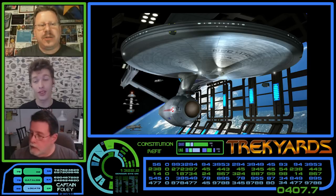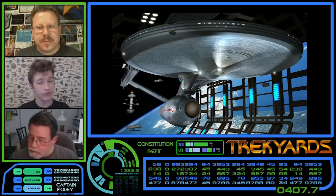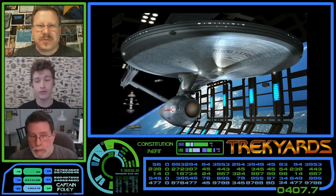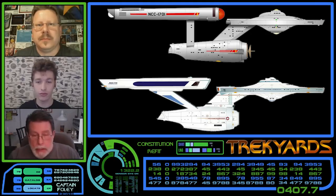Okay, so how did you approach the new Enterprise design? Why did you choose to keep some things the same, but totally change other aspects of the ship? And just how much direction did you receive from Mr. Roddenberry himself? Yes,